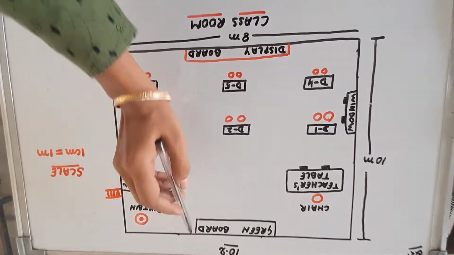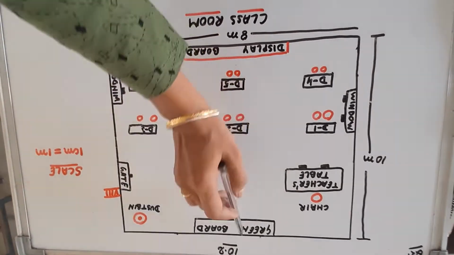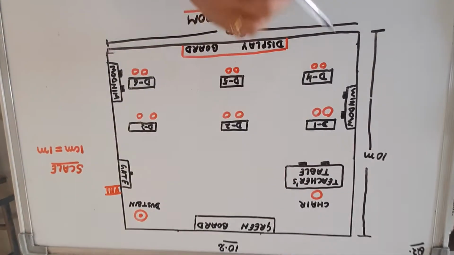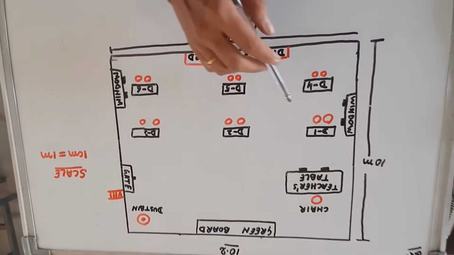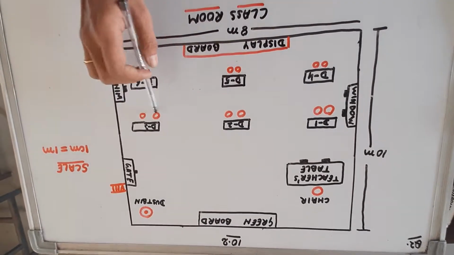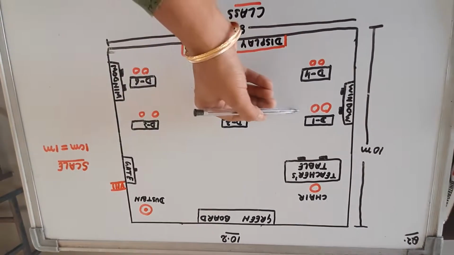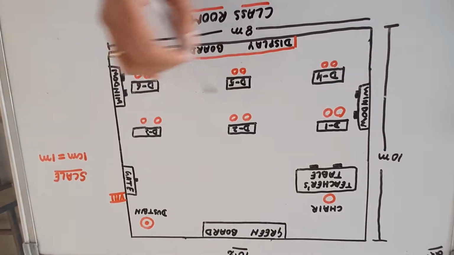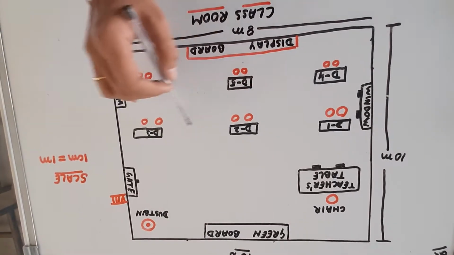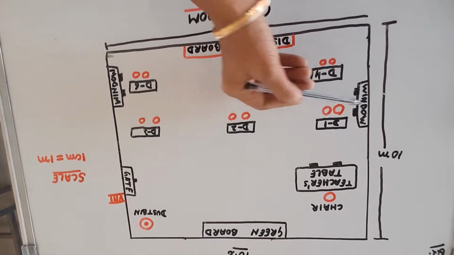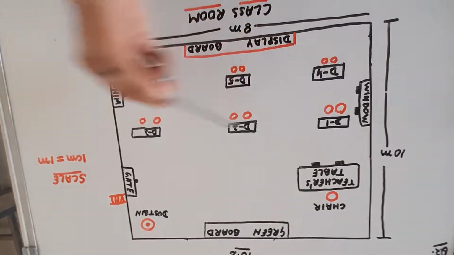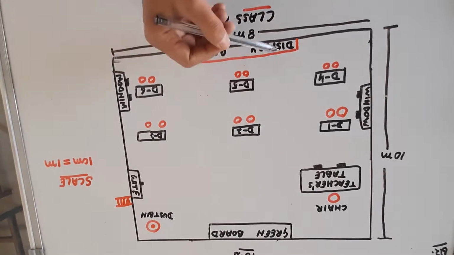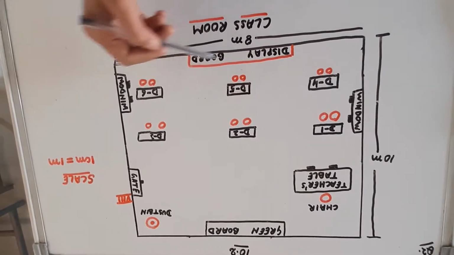Then the green board is there, and opposite to the gate, near the green board, the teacher's table and teacher's chair are there. Then I have represented the student's desk in the classroom. You can represent many more desks in the classroom. I have represented 6 desks along with 2 chairs, right? Now the 2 windows are there. One is on the left hand side of your room and the other is on the right hand side. And on the back side wall of your classroom, here is a display board.